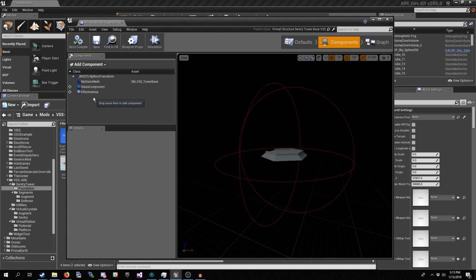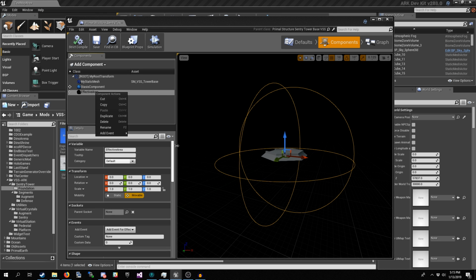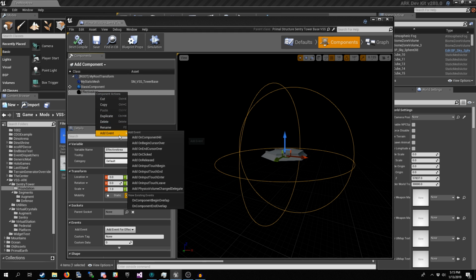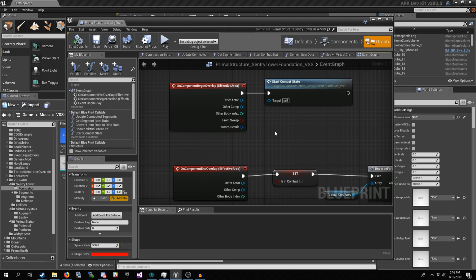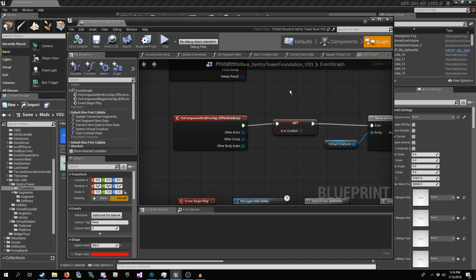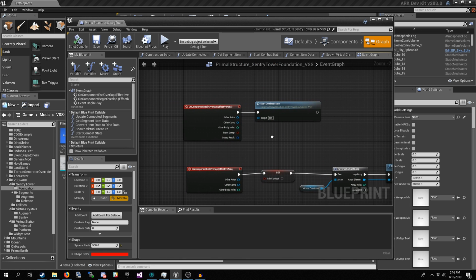Now, after you have created it, the way that we handle those overlap events is you select the component there, you go to add event. Now, they're not going to show up in the list because I've already got them in the graph, but you'll see add on begin overlap, add on end overlap in this list. And you'll want to select those so that it adds them to your graph like this. Okay, it'll add these events here for your component. Now, basically, these events right now are very simple. We're going to refine these, make them do some tracking of how many things might be in the area, but for now, we just wanted to get it working for testing purposes.